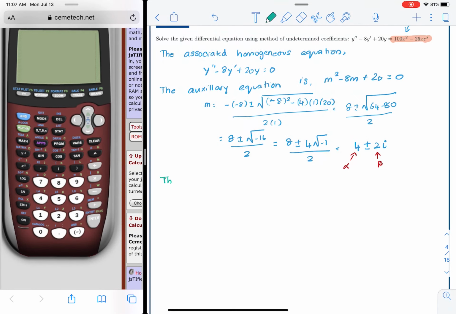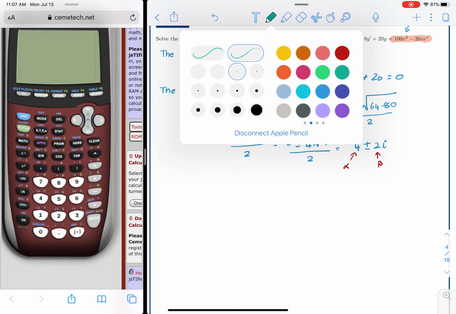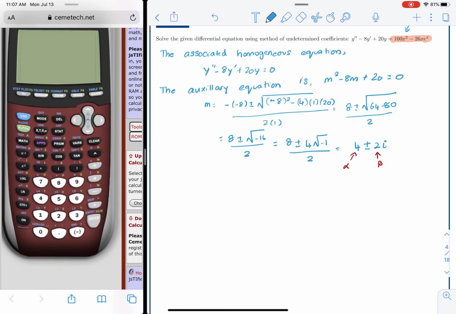So the complementary solution is y equals e raised alpha x multiplied by